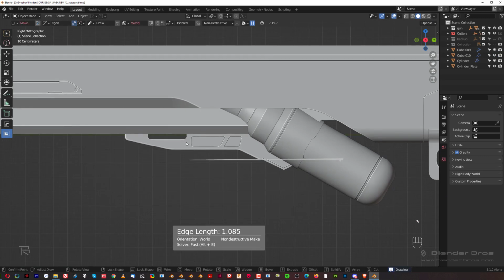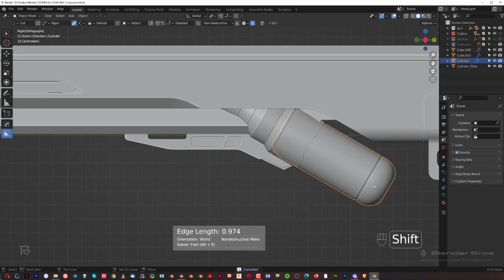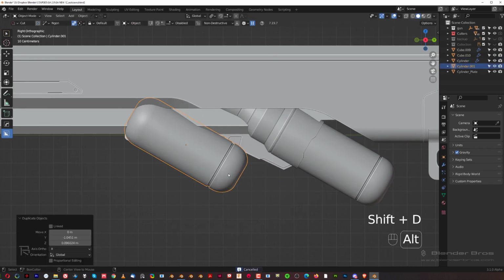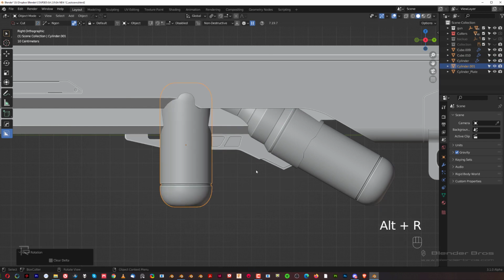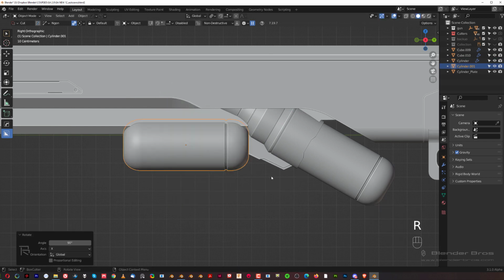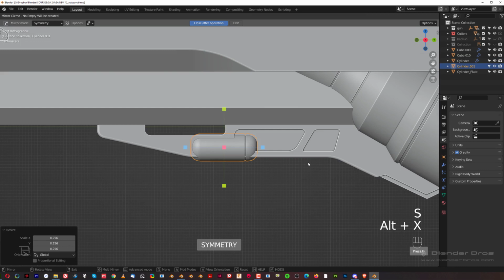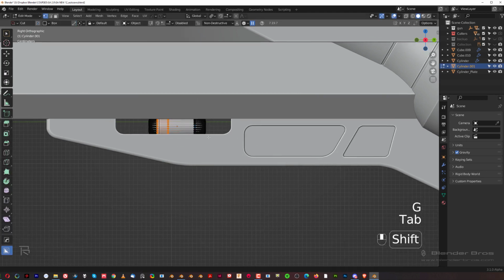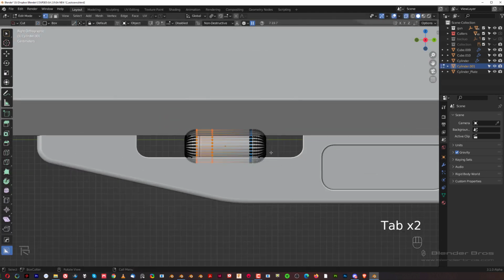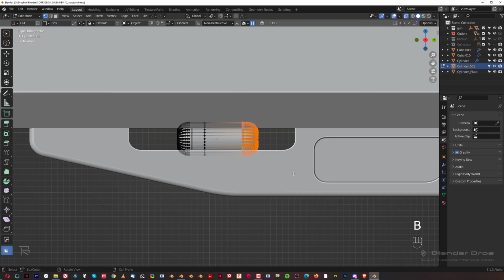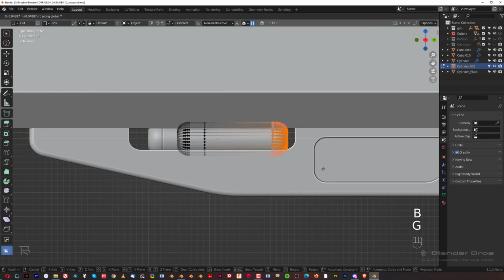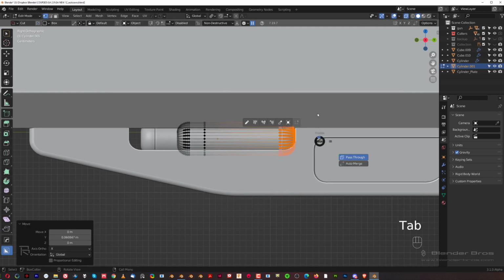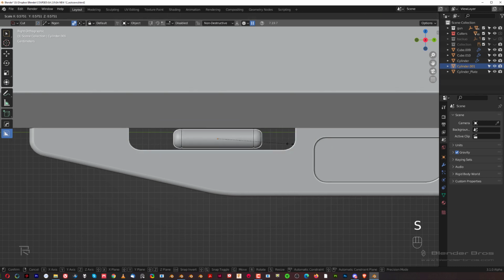Cool. Now here in this middle section, Shift D, Alt R to reset rotation, RX90, and we're gonna scale it down. We're gonna mirror to the other side, so press X to reset it and mirror, and then we're gonna scale it down, move it in here, and let's go to occlude in edit mode. Select this part and GY and move it like that, so it's wider, and then scale it down and move it somewhere here,